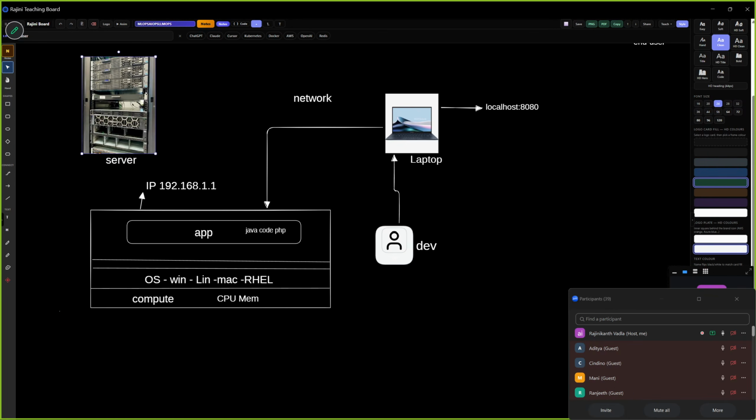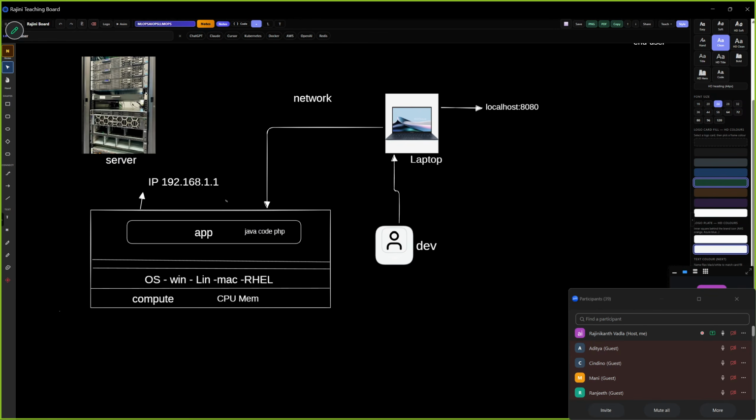Everywhere you go, the server is the underlying layer. In order to communicate over the network, an IP address is mandatory. Without an IP address, you cannot make any devices communicate over the internet. It's impossible. There are layer 3 and layer 2 technologies, but still you need an IP address. So from my laptop, I want to connect to the server and deploy my Java code.